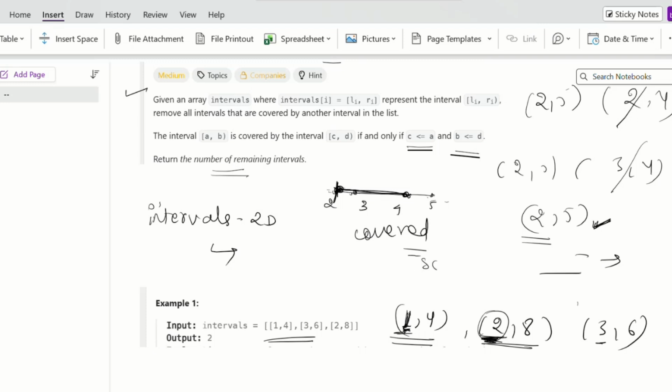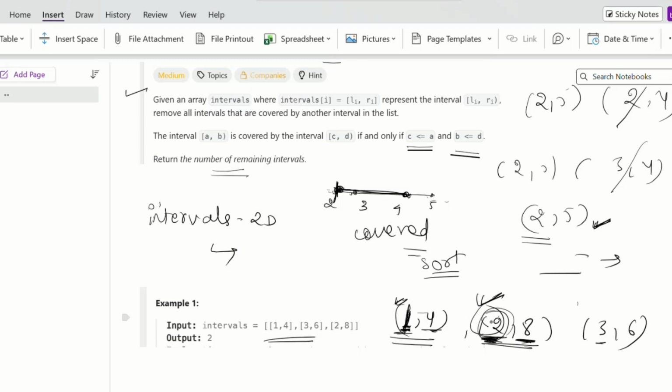It will always be greater than the first index of the previous vector. So we will be comparing the second index of these two vectors.